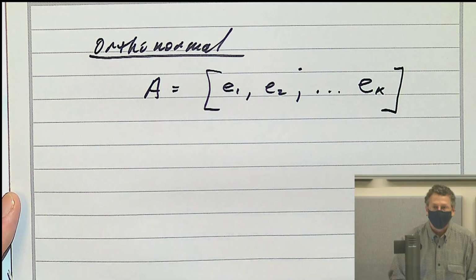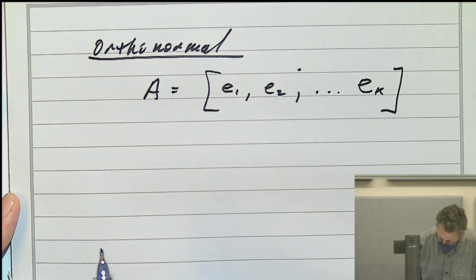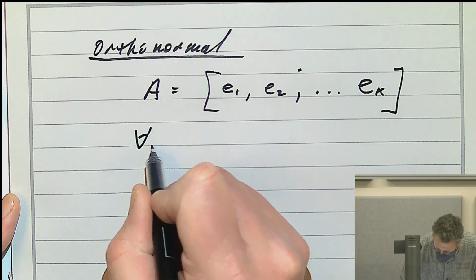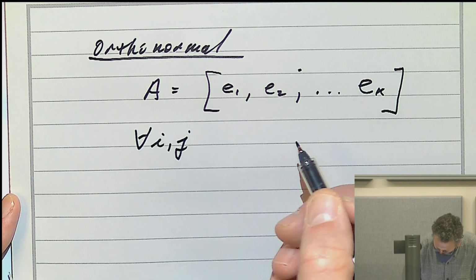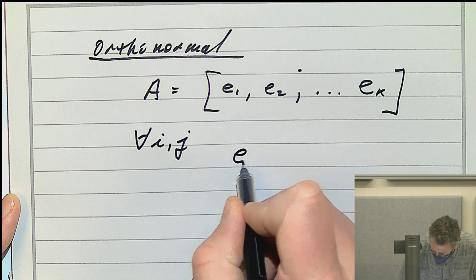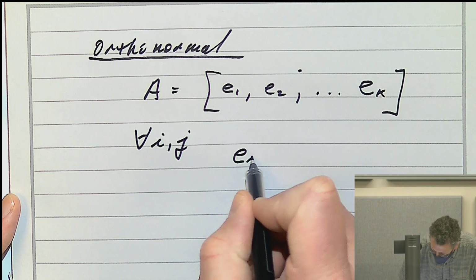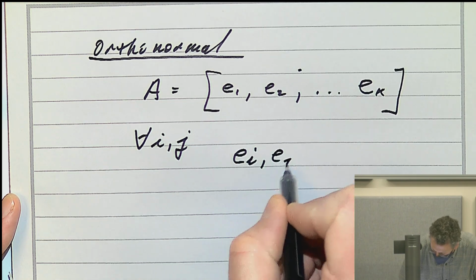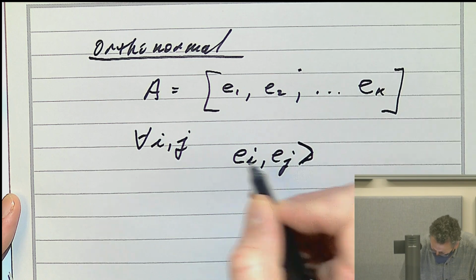Let's say it's a square matrix. Orthonormal means that for all i and j, the inner product of Ei and Ej,